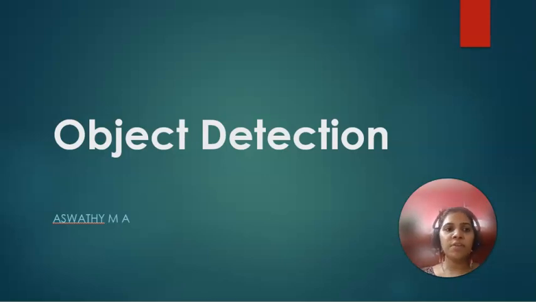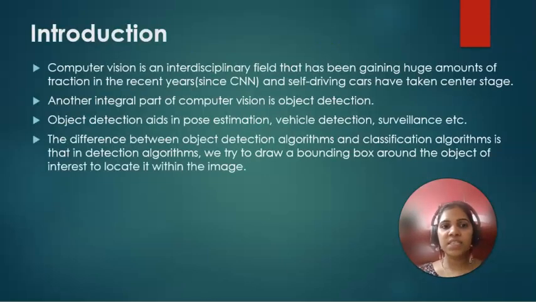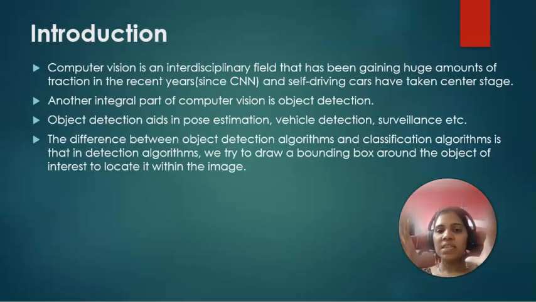So first we want to know what is object detection. As we are saying, object detection in an image. What is classification? Classification is basically on the basis of whether it is a dog or not, whether it's a cat or not. But object detection means in an image, there will be many objects, not a single object. So in object detection we are going to detect each and every object